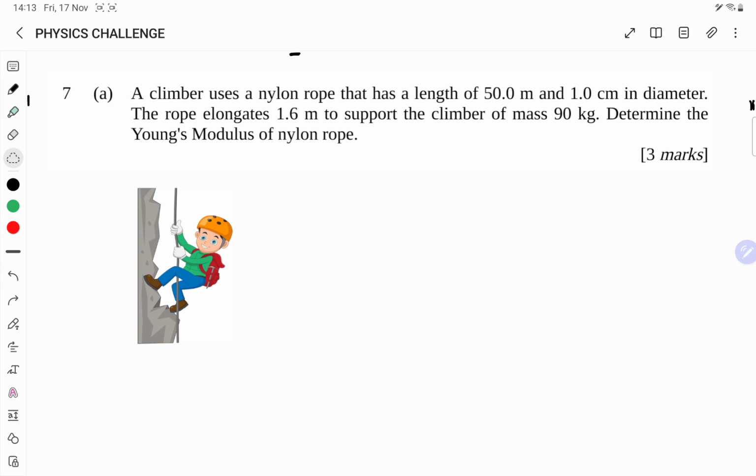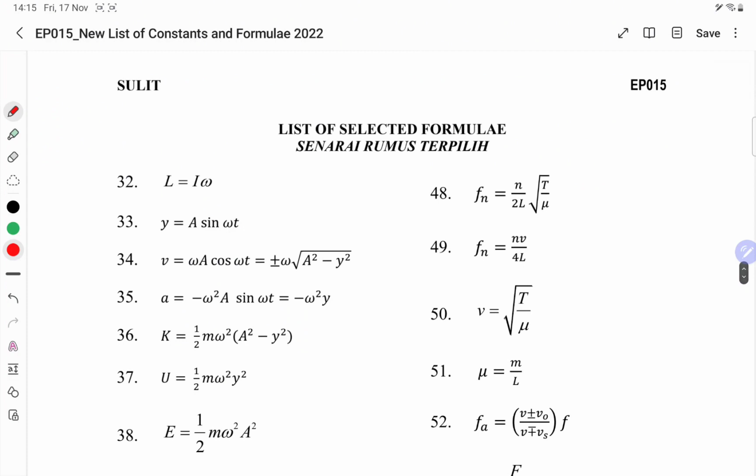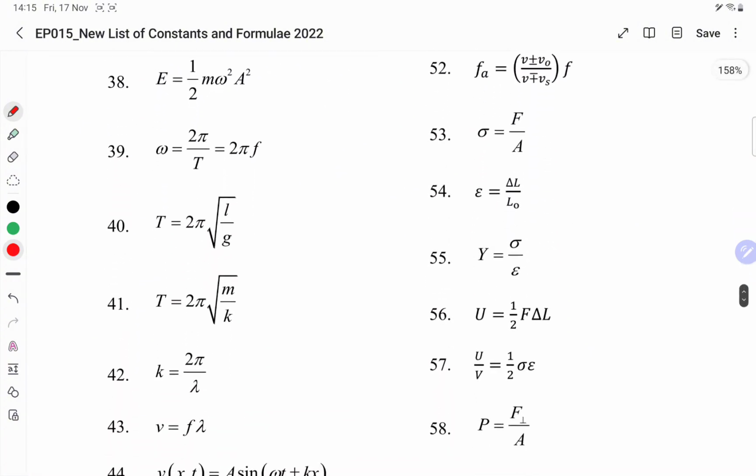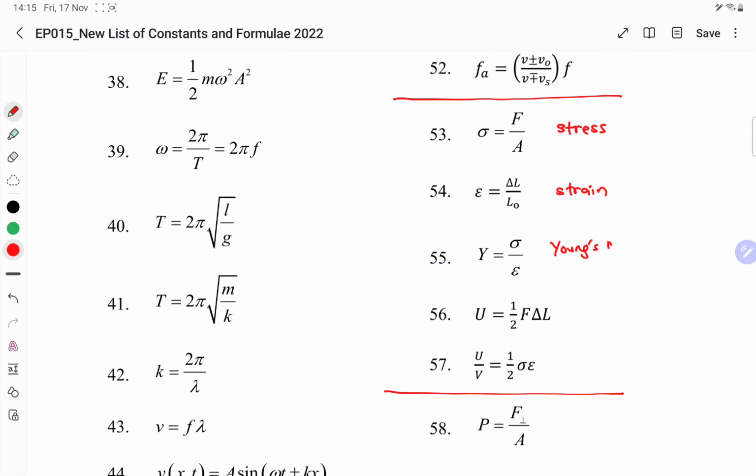Okay, based on the question, we know that this topic is from topic physics of matter, the first two subtopics, which is stress and strain, and then Young's modulus. Before we answer this question, I would like to bring your attention to the list of selected formula. For the first two subtopics of chapter 8, the formula will start from number 53 until 57. So 53 is the formula for stress, 54 strain, 55 is the Young's modulus,